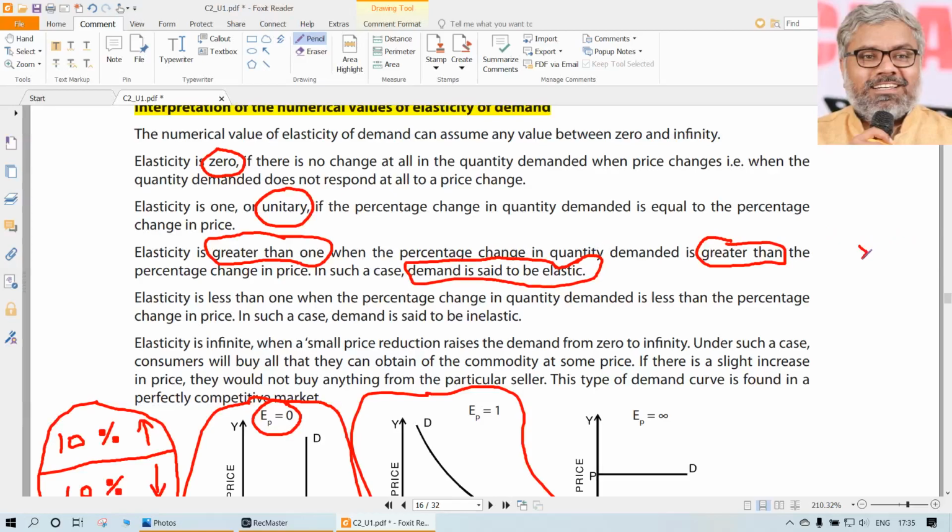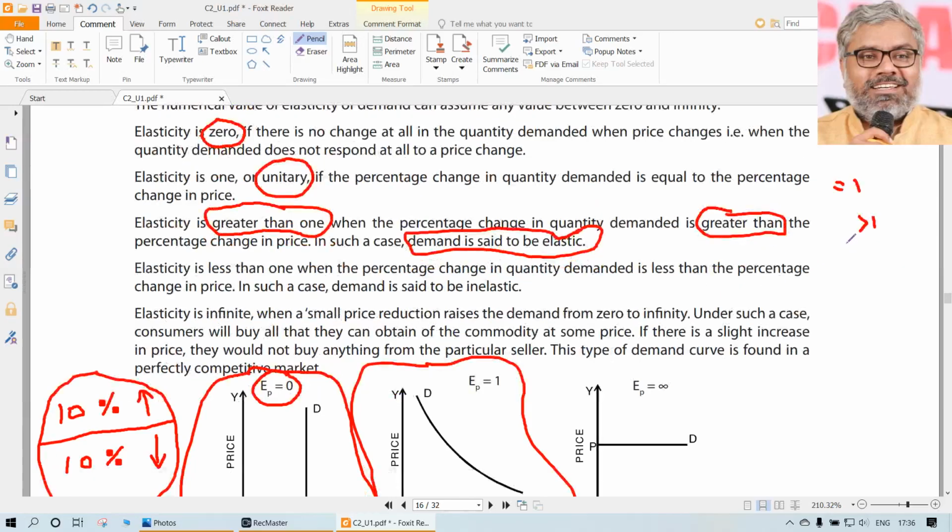And simply here we can say the elasticity of demand is greater than 1. Here the elasticity of demand is equal to 1. Here the elasticity of demand is equal to 0. So 0 means completely inelastic, perfectly inelastic we can call that. Equal to 1 we can call unitary elastic. Here greater than 1, we can call that relatively elastic. Definitely there is elasticity more than 1.